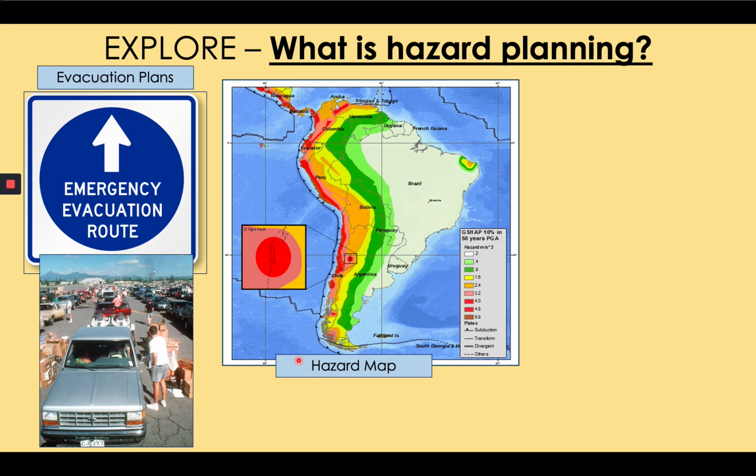And consequently, governments know where to focus their investment in the strongest buildings. Governments know where to educate people the most about how to prepare for earthquakes. And finally, governments know where to protect their coastal towns against tsunamis the most. And so people don't waste their money building earthquake-resistant buildings here, but rather invest most of their money here, such as Chile, as these are the places at highest risk. So hazard maps are an effective strategy for helping a government prioritize different areas for investment in technologies and defenses,